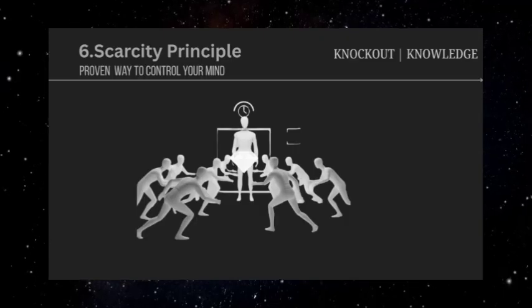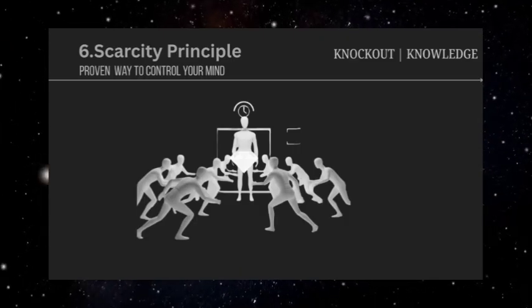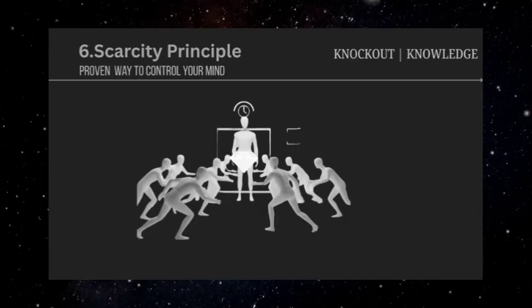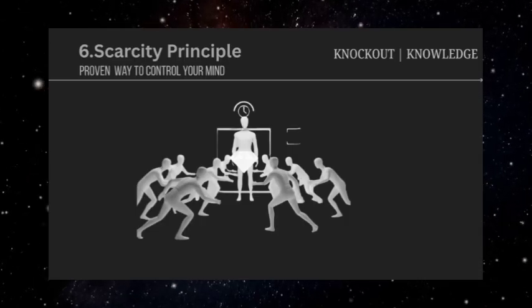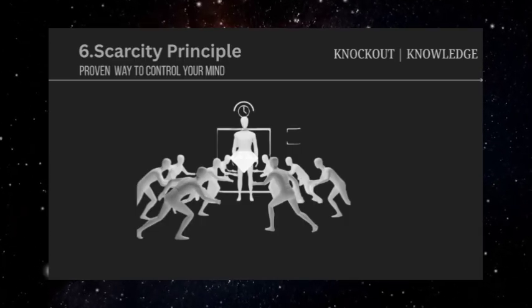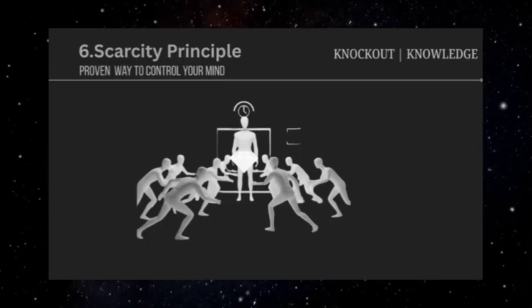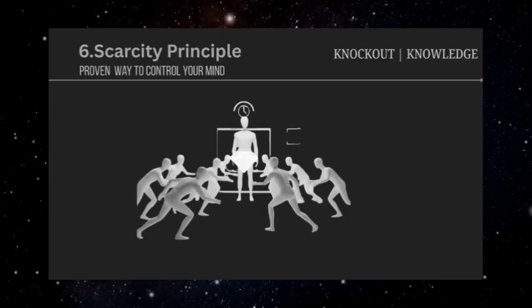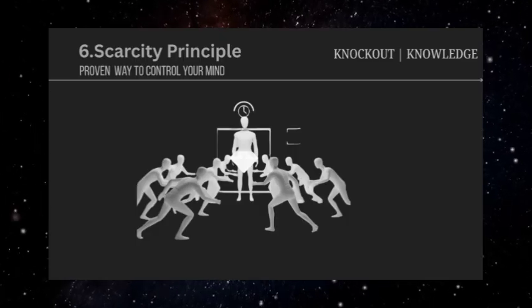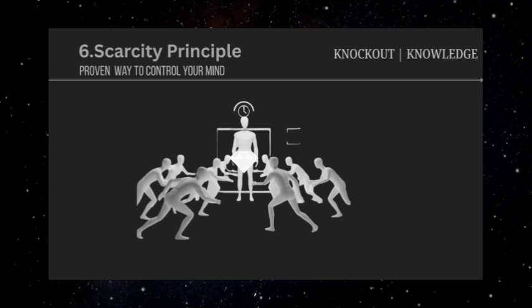Social media platforms use scarcity through features like stories that disappear after 24 hours, limited time filters, or exclusive access to certain features. The temporary nature of these offerings makes them feel more valuable and encourages frequent engagement to avoid missing out. The key to recognizing scarcity manipulation is asking yourself whether the urgency you're feeling matches the actual importance